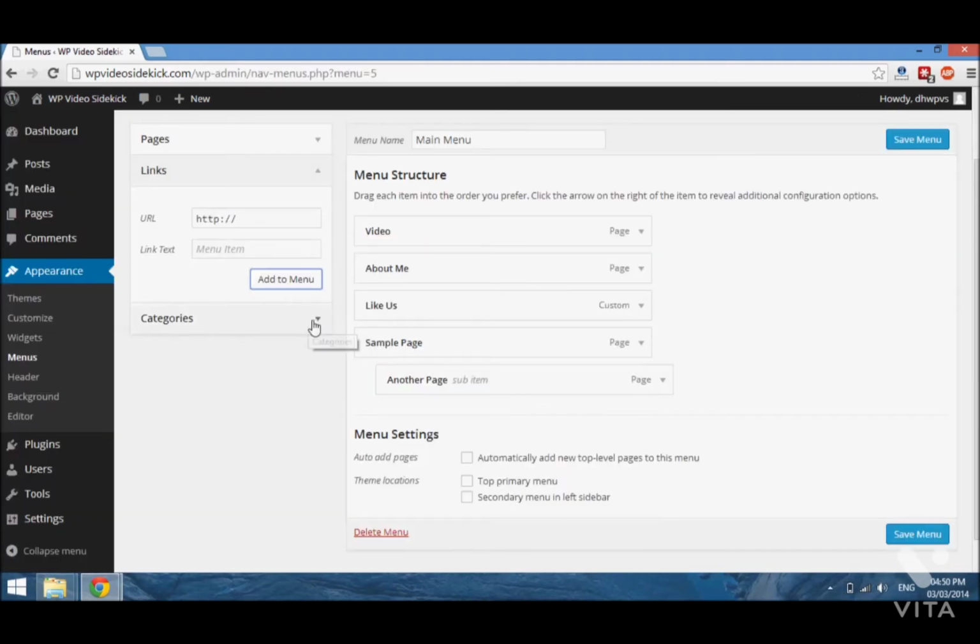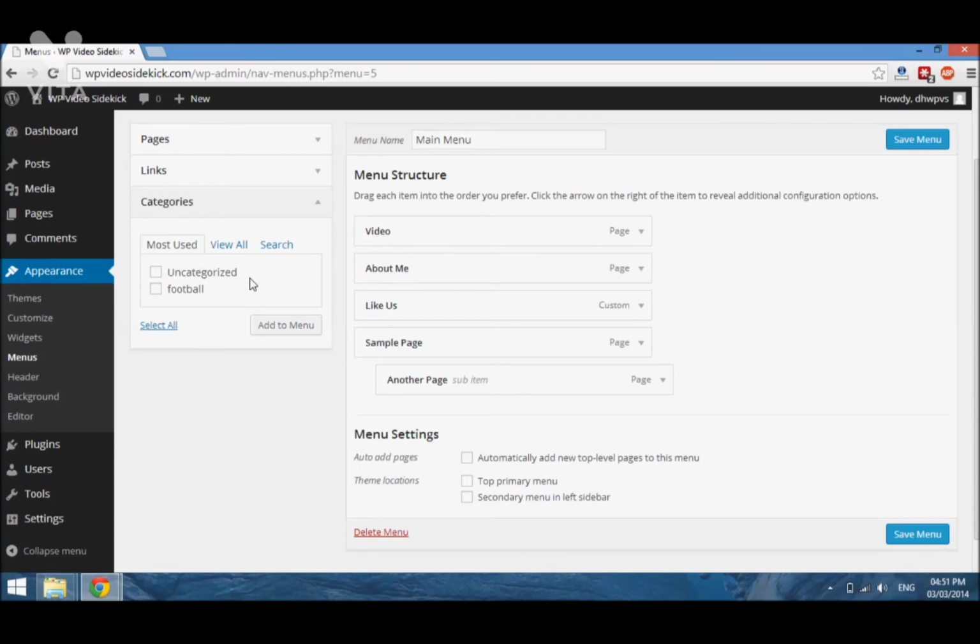Okay, so to add a category to your menu, and this is, I mentioned before, if you have, say, a sports site, which is the example I used, and you have different kinds of sports, and you wanted to just have a link or a page with all the different types of sports and have it categorized, then what you do is that when you are creating your post, you put them in the respective categories. And like I said, I had created some posts with the category football,